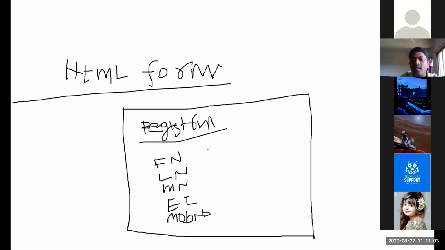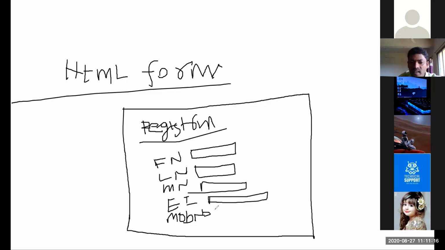You might have seen all these things in the form: like this, a box for the name, second name, middle name, then email ID, then mobile number. Finally, what is there? Finally, a submit button is there. Yes or no? Submit button. So this is a general registration form.